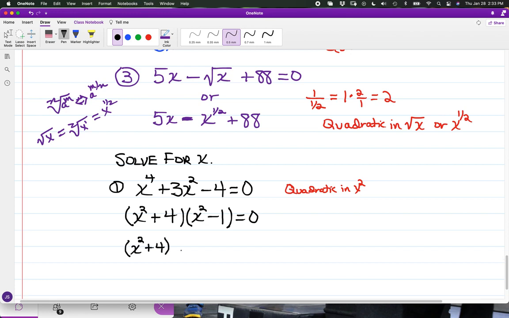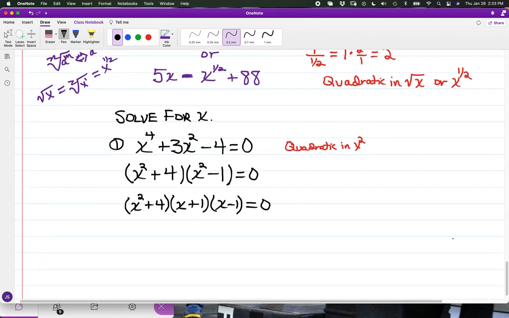Now, with x squared minus 1, it's your option whether to factor it or not. But for x squared minus 1, this is a difference of perfect squares, so that one can be factored to x plus 1 and x minus 1. And using the zero product property, if I set each of the factors to 0, so if I have x squared plus 4 equal to 0, and I look at isolating the x squared term, so we have x squared is equal to -4,